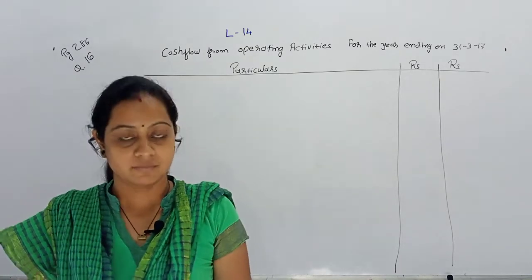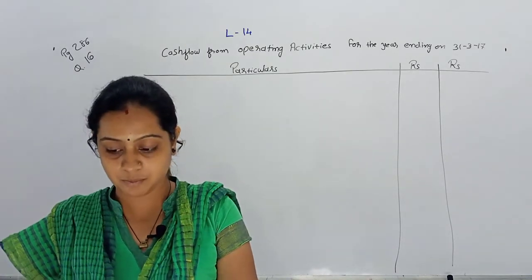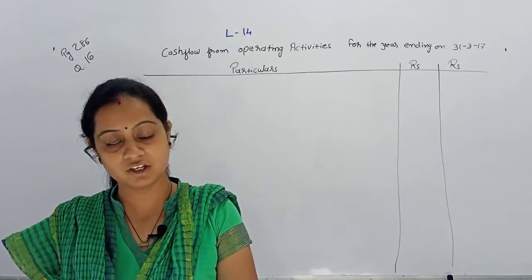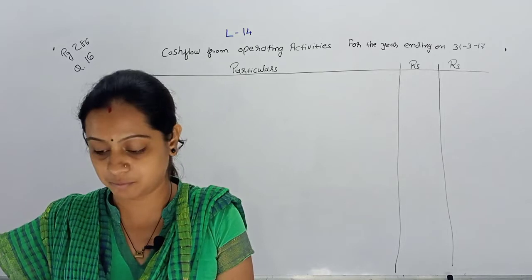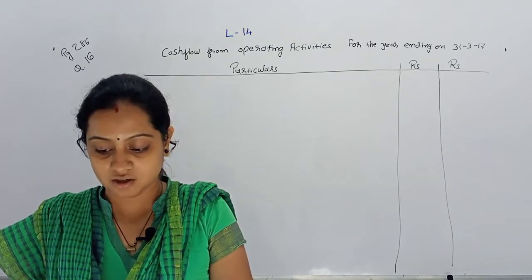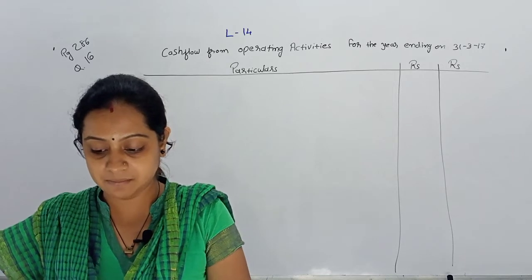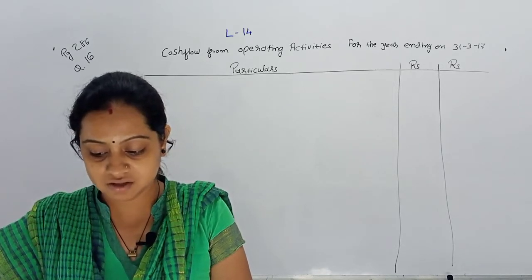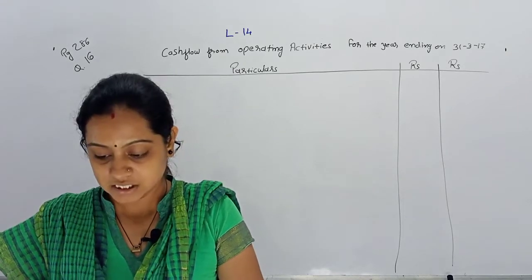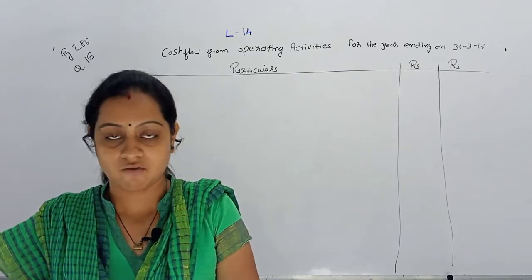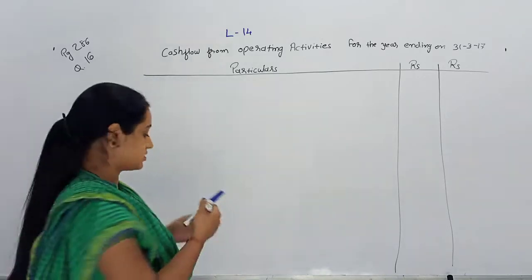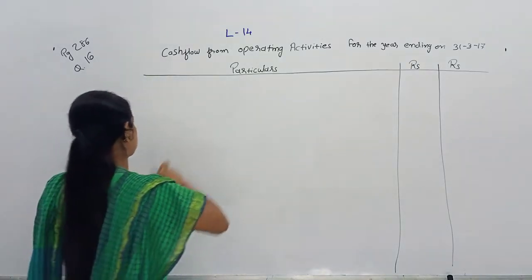So, let's see the sum. They have given profit and loss account. That means opening balance of profit and loss account and closing balance of profit and loss account. Then depreciation, goodwill, stock, debtors, creditors, bills payable, prepaid expense. Then dividend received, interest paid and rent received. Right? This information they have given. First of all, we'll write the profit. Right? So first of all, we'll write closing balance of P&L account.